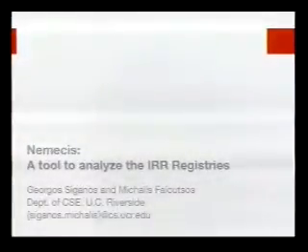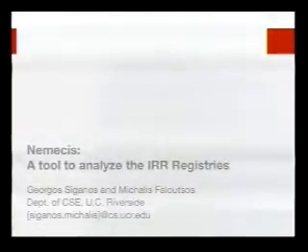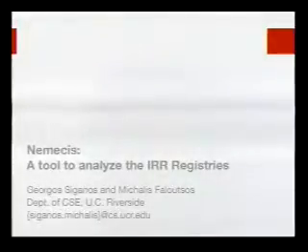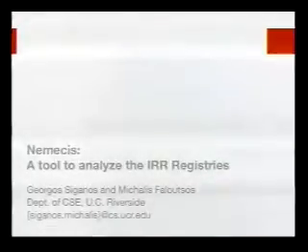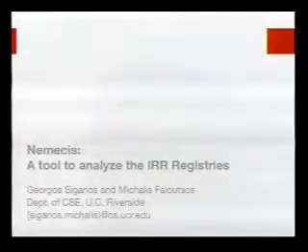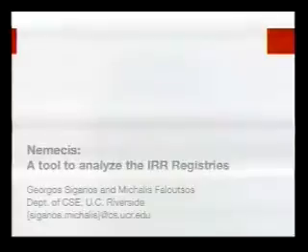So today I'm going to talk about our tool Nemecis and present a brief analysis on the Internet Routing Registries and on the quality of the information they contain. The Internet Routing Registries were established as a means to improve the cooperation between autonomous systems. The vision was to have a stable, analyzable Internet. They allow an autonomous system to register its policy, which means registering who the neighbors of the AS are, what they import from their neighbors and what they export to their neighbors, okay?